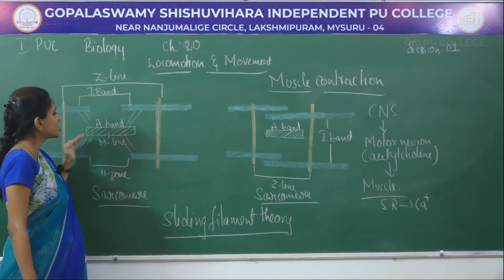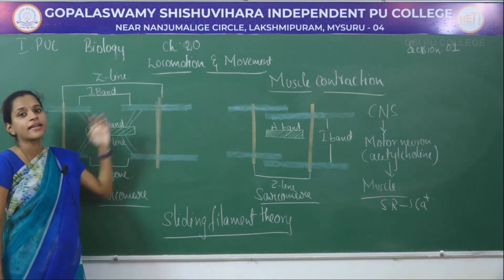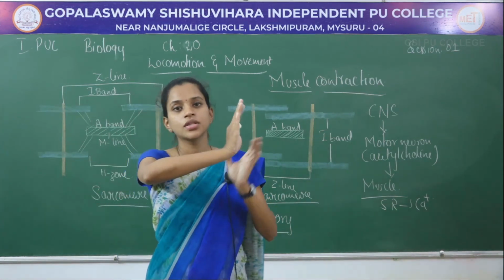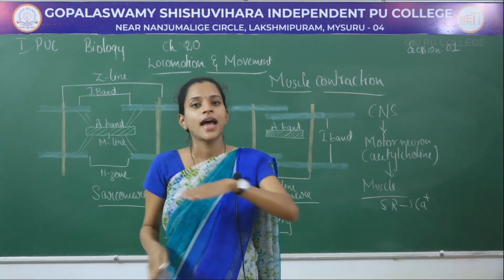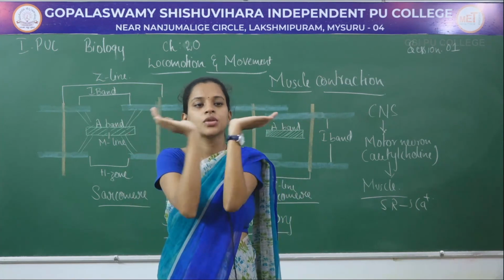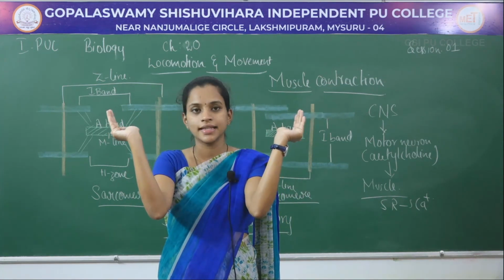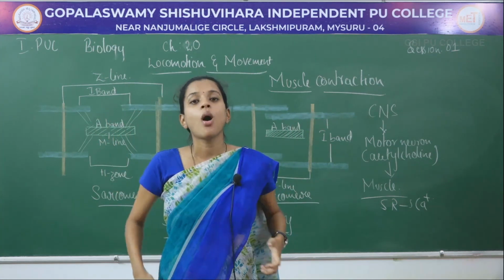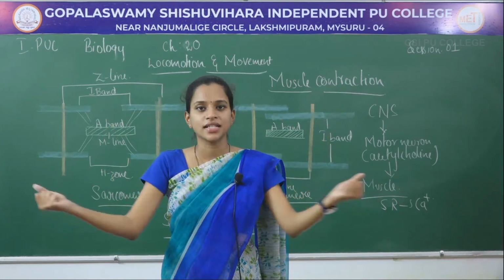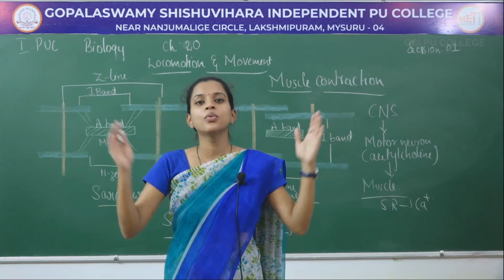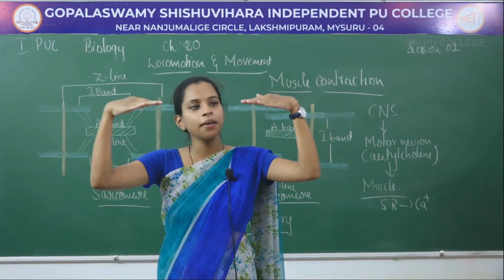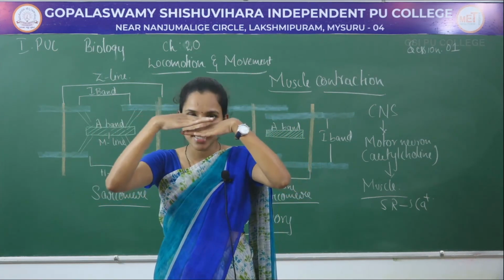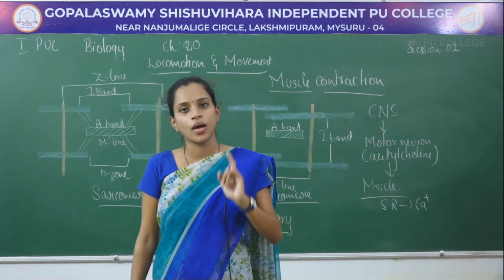Once there is attachment between the A band and I band, imagine the myosin head is present like this for this side, and for the opposite side it will be like this. Once it attaches to the actin site, they will start to pull from opposite sides, from the upper side as well as the lower side. Once the pulling takes place, the I bands will start to come closer. They will not dash with one another, instead they will start to overlap.